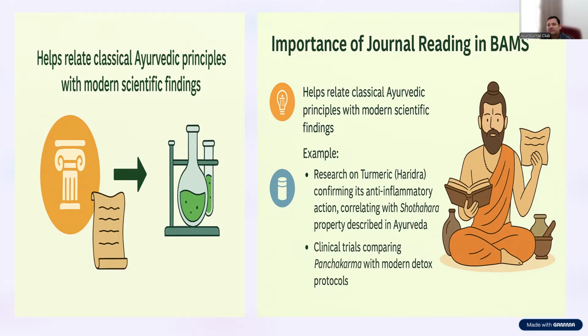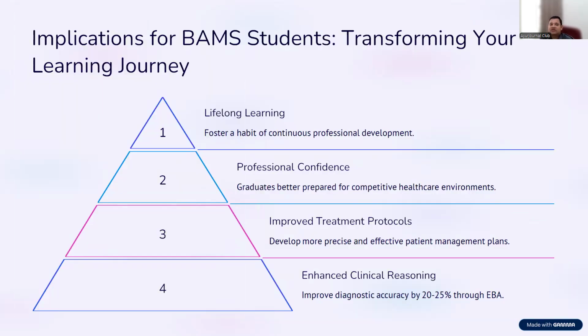Many things are done. We just have to take out the correct paper and analyze that paper properly. Likewise, we can go for clinical trials comparing Panchakarma with modern detox protocols. We can see the protocol papers, the SOP papers, some case papers, and accordingly we can improve ourselves. When you go through this process, you can see we are moving towards a pyramid type of learning process. First of all, you come to the base. If you read proper papers, discuss properly, and are mentored properly, then what are you going to gain?